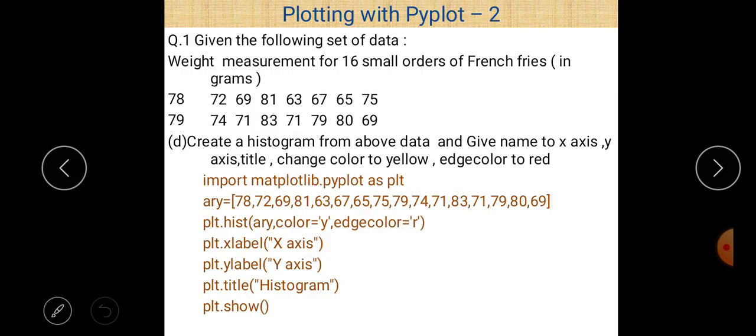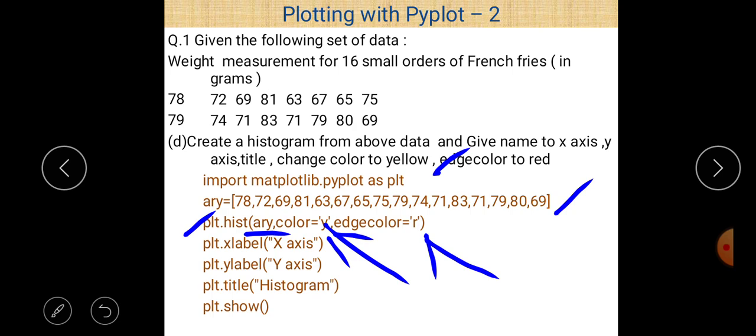For that purpose, what we have to do is first of all write import matplotlib.pyplot as plt, then the list is there, and then create a histogram using the hist method. So hist(ARY), and take two parameter values. First is for the color of the histogram and second is for the edge color, and for that purpose color and edgecolor are two attributes, and the name of the color is given by a single character.